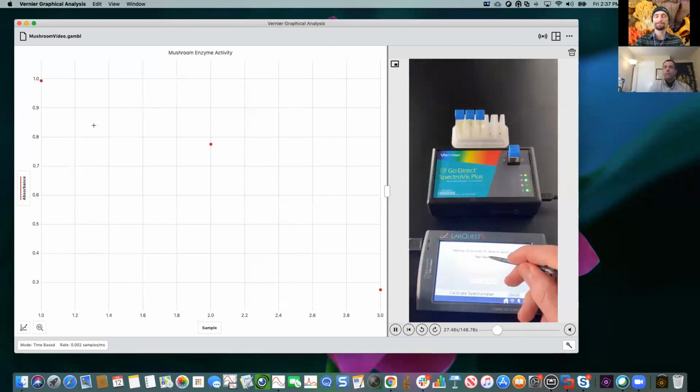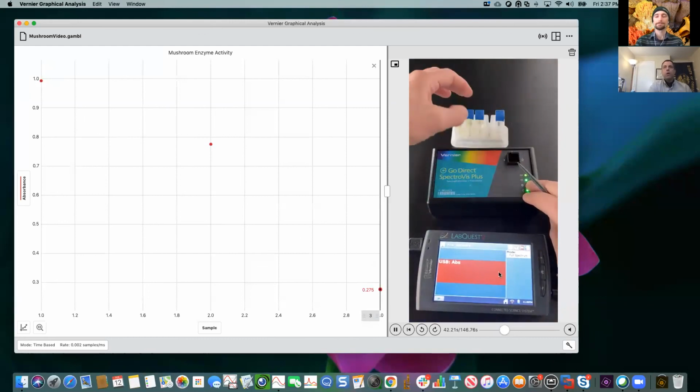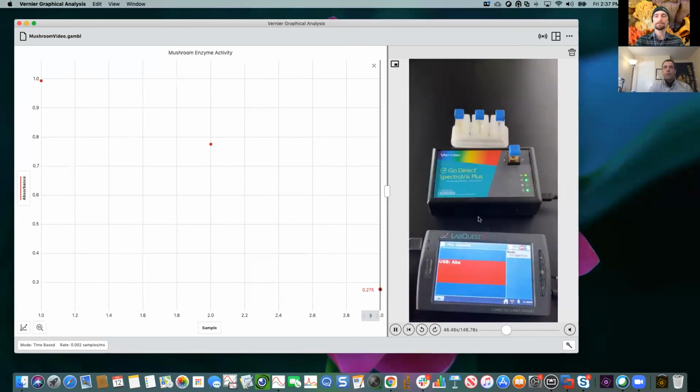And you could even tell the student, hey, which one is this one over here? Well, that's got to be the Shiitake. Hey, which one is this one here? Well, that's got to be the crimini. And then which one is this one here? Hey, that's the chanterelle. And all of these numbers will correlate to the data that they're actually seeing. So this is a great resource. You can give this to your students. They can see the data, they can analyze it, etc.